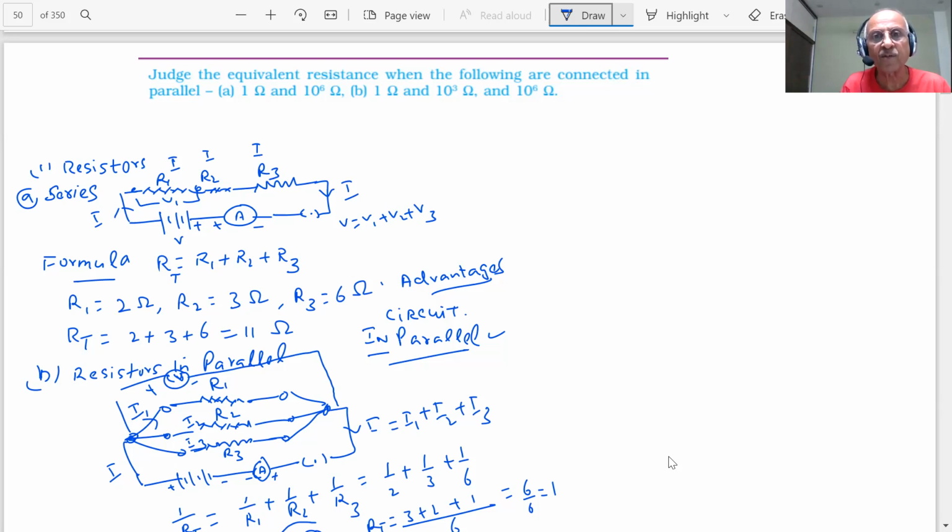What are the advantages, students? Why do we connect the circuit in parallel? As you can see, one of the important points you have seen in the calculation is that when you connect in parallel, the resistance becomes less, even less than the lowest resistor. Every bulb, tube, every appliance has a resistance value. The effective resistance, the total resistance, becomes less, therefore there is less wastage of energy.